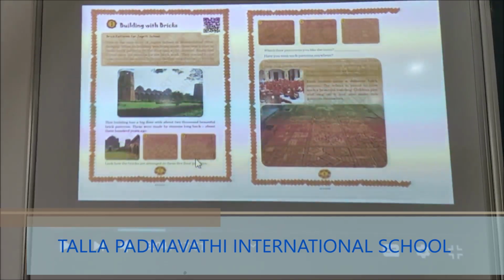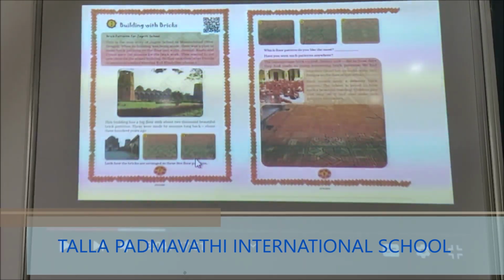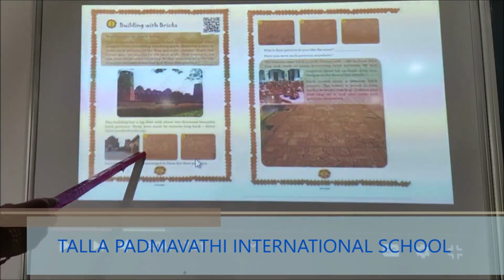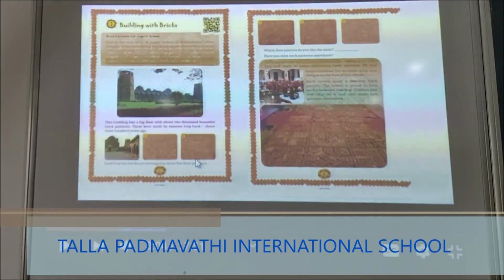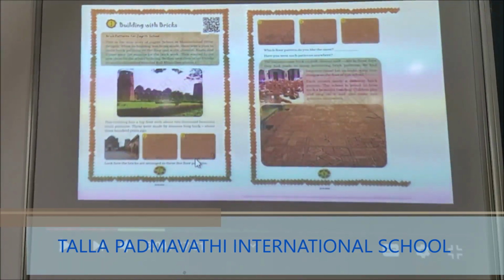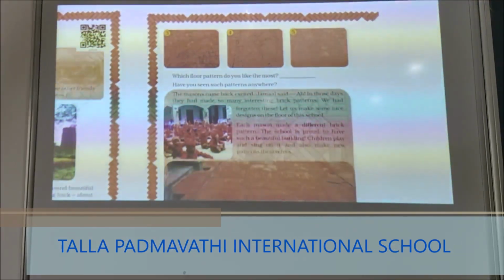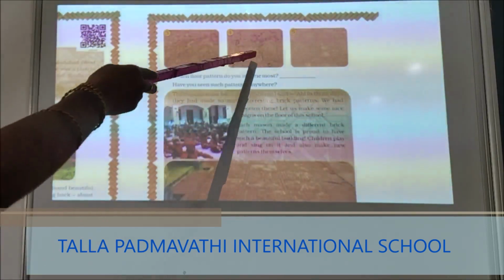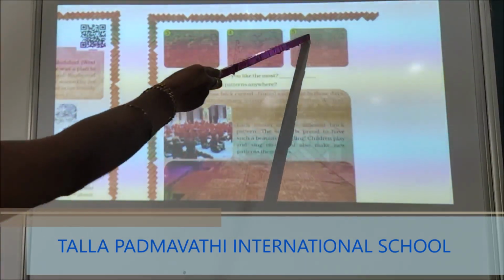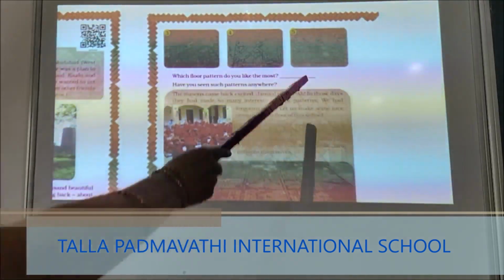So after visiting different historical places and also Murshid Quli Khan's tomb, they have gathered these different patterns. You can see the picture. Okay, so they have collected these patterns. Which four patterns did you like the most? I'll be zooming in and showing you. So here is the pattern. It is crisscross and this one is a little bit curvy, and I think my favorite is the fifth one.